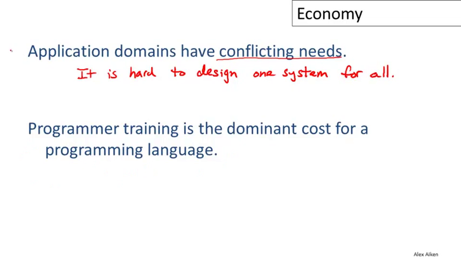And together, these two observations really explain why we get new programming languages. Because the old languages are difficult to change, and when we have new opportunities, it's often easier and more direct to just design a new language for those rather than trying to move the entire community of programmers and existing systems to accommodate those new applications.